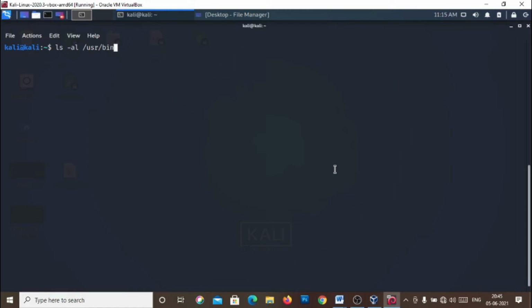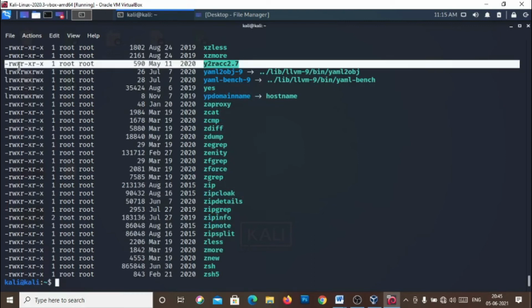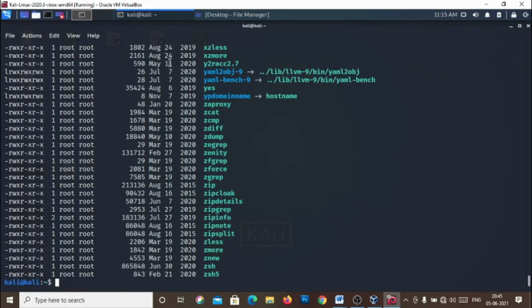It will show all files or contents of the bin directory in long listing format. Okay, press enter. As you see, this shows permissions: read, write, execute, last modified date, size, and more readable matter like user name, group name and so on.